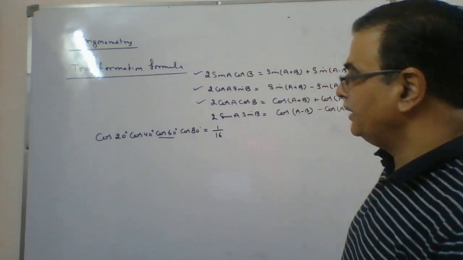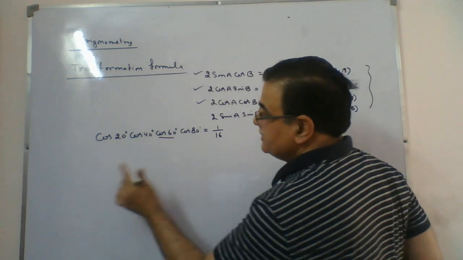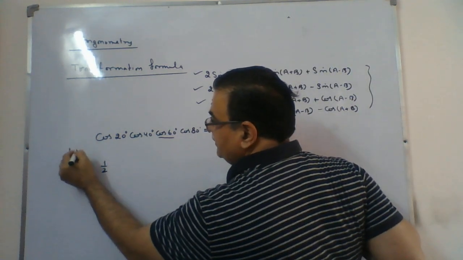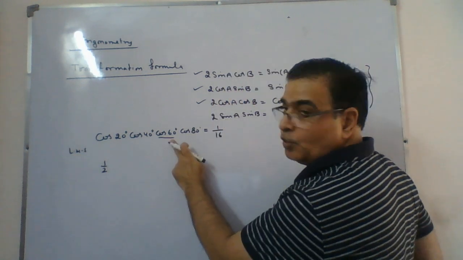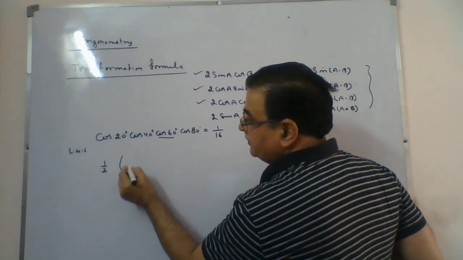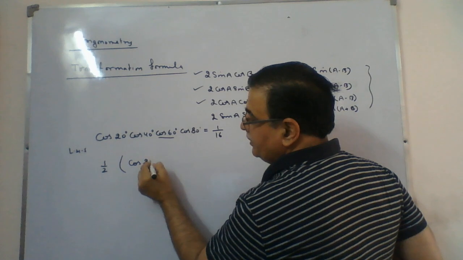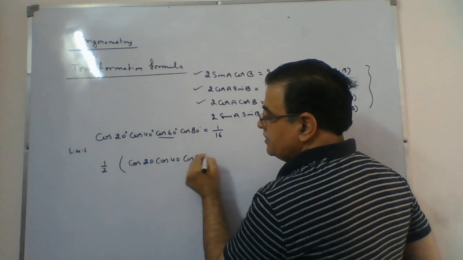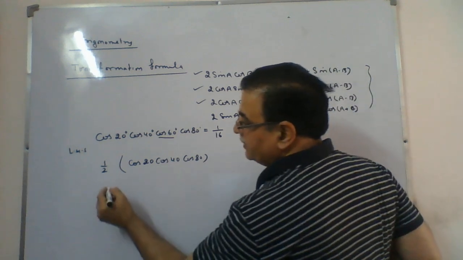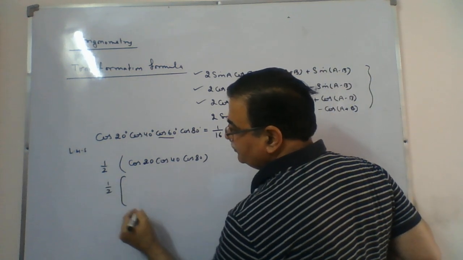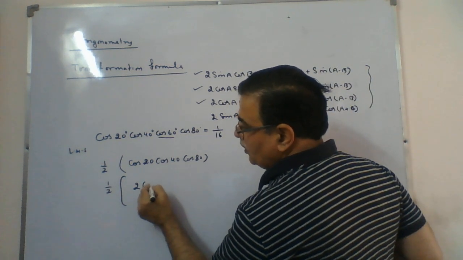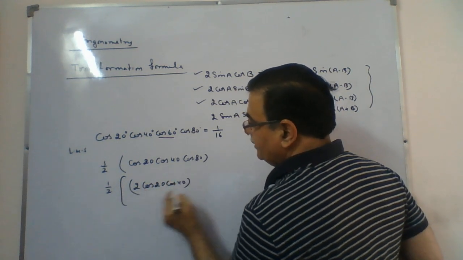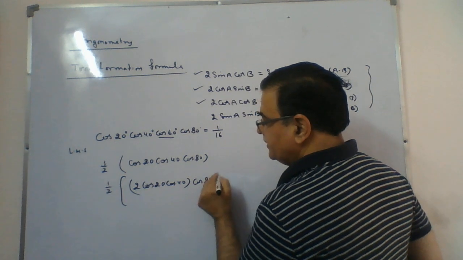Yes, this is the question we have. Cos 60 is nothing but half. We will take that out. On the left-hand side we are starting, whatever value is known to us, we have placed that. Then left is cos 20, cos 40, cos 80. Then we should write half. This will be 2 cos 20 cos 40 and then cos 80 is here.